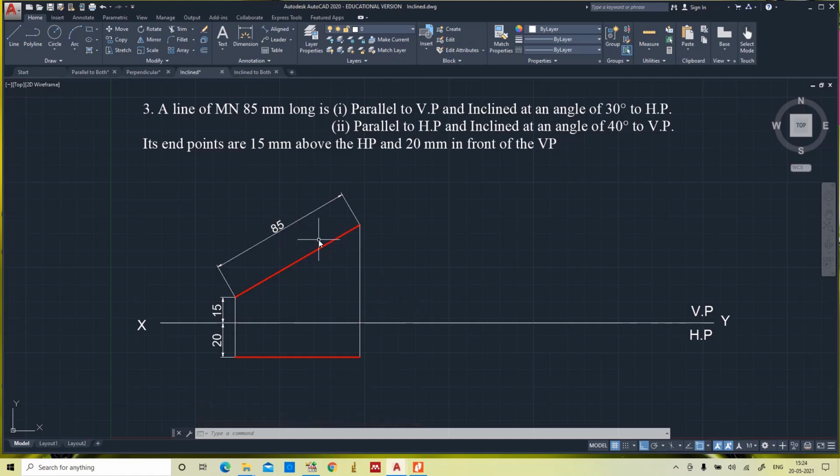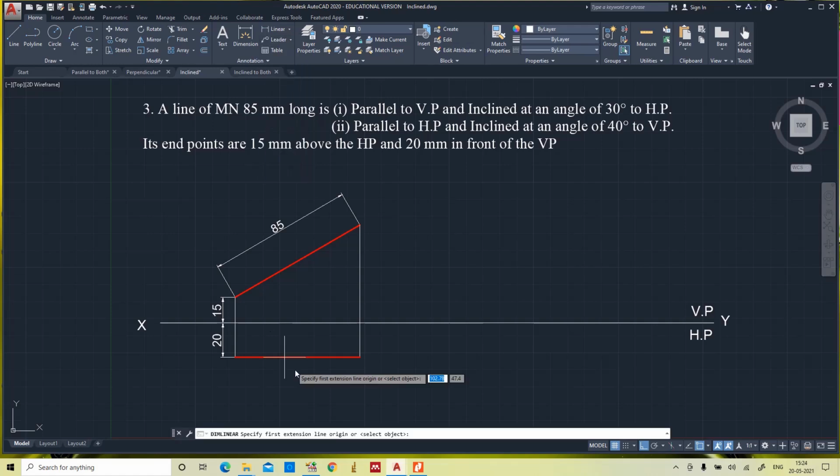When the observer is viewing, the true length will be 85 mm on the vertical plane, whereas when the inclined line is viewed from the top, the length will be compressed. You can see this is the true length 85, but if you measure the top view, it will be reduced.